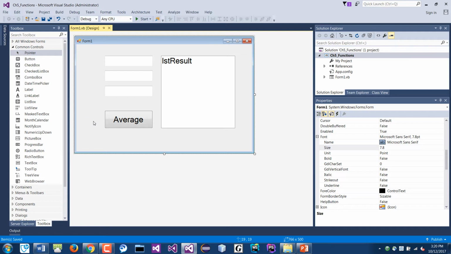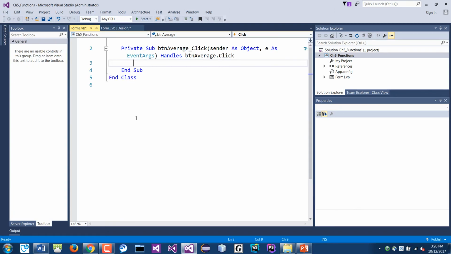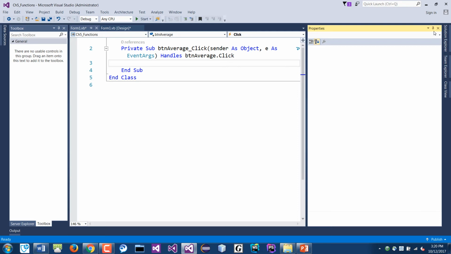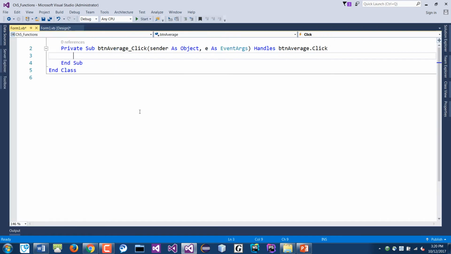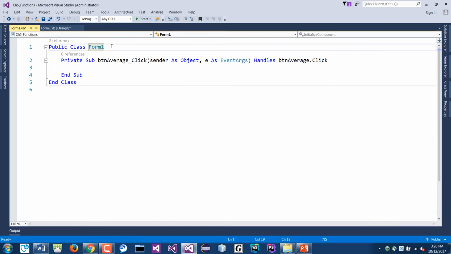So let's go into the code view. You can double click the average button, and let me turn all these off so we have more room here. As you can see, it's inside the class called Form1. We have this private sub BTN average click handles BTN average click. This is an event handler. All this is just a subroutine. Okay, and we'll study subroutines next week. So for now, in here,